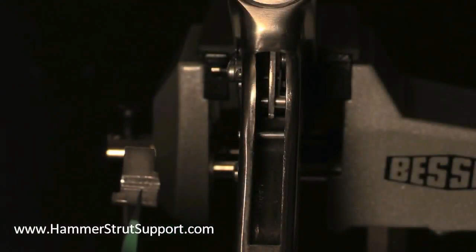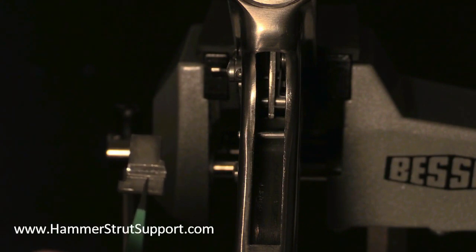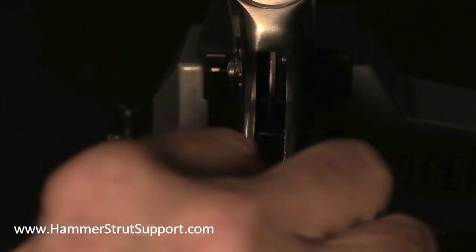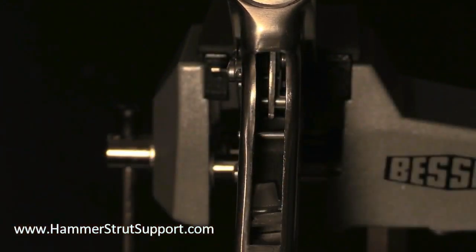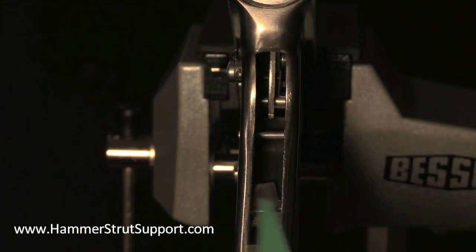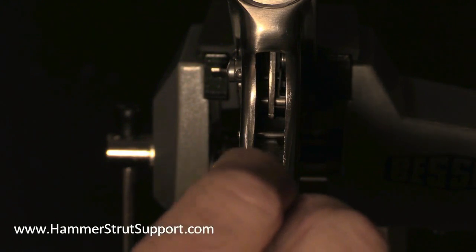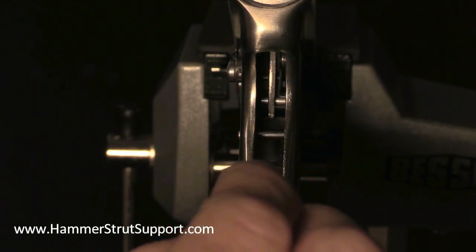Now we're going to install the Hammer Strut Support into the pistol. You'll notice that the Hammer Strut Support is a little bit wider than the opening in the pistol, so we'll have to tilt it a little bit to get it in and drop it down and place it in there. Then we're going to slide it upwards as much as possible till it actually comes up against that lower cross